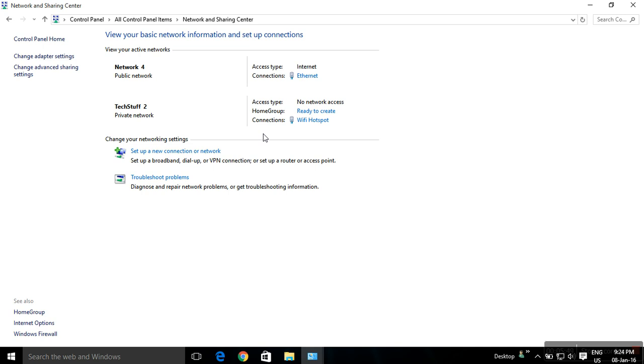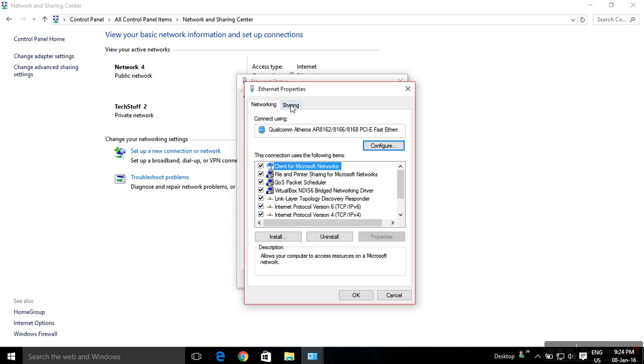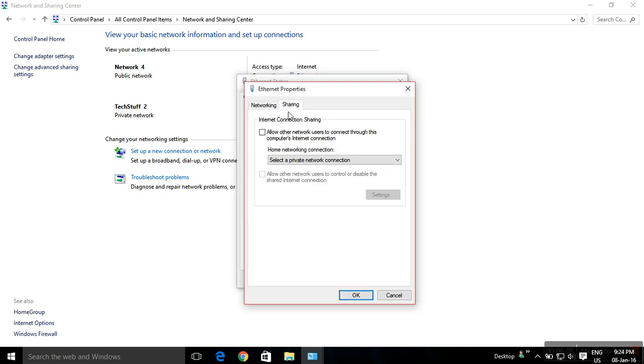So to share your internet from this adapter to your hotspot, you just click this Ethernet, click this properties. You see this sharing tab, click it.